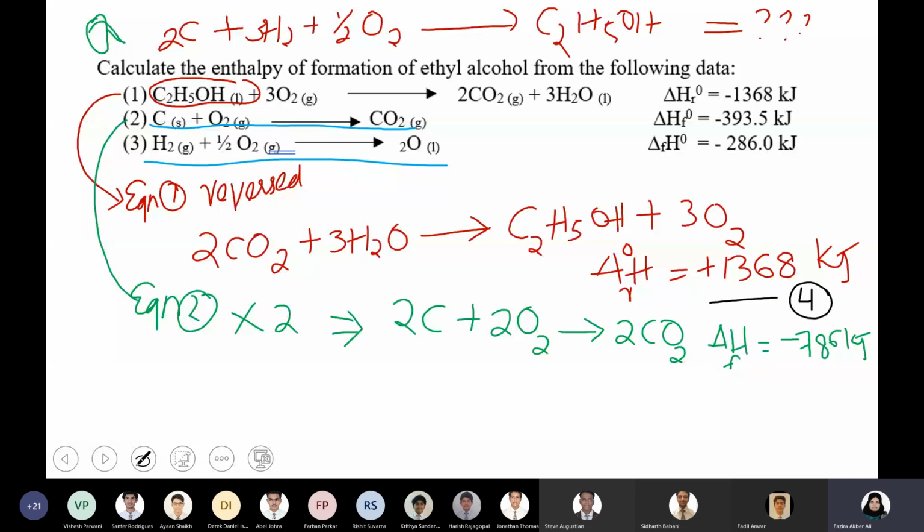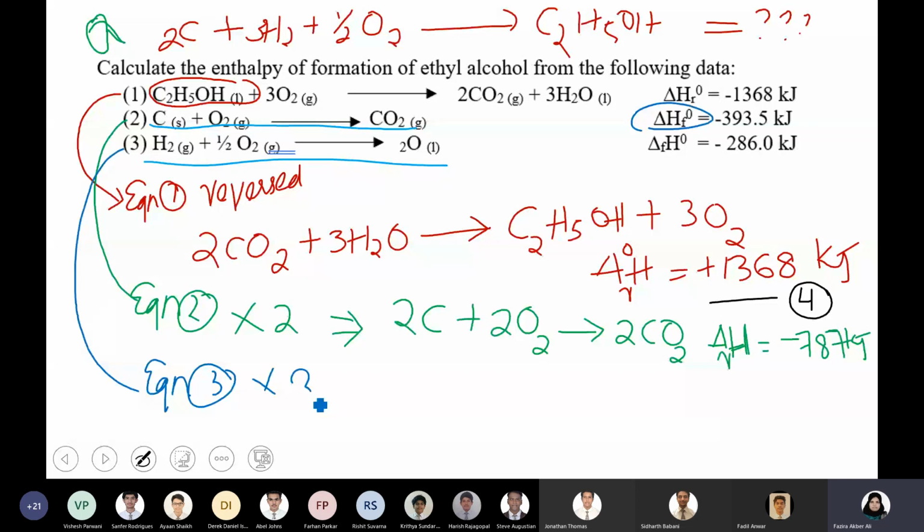Now let's look into the third equation. Is there any changes required in equation number 3? If you look at the numbers and the position, hydrogen is on the reactant side in the given, and also in what you require, so that is correct. But if you look at the number of hydrogen molecules, how many are required? Yes, ma'am, we have to multiply it by 3. It has to be multiplied because 3 hydrogen, right? That is multiplied with 3.